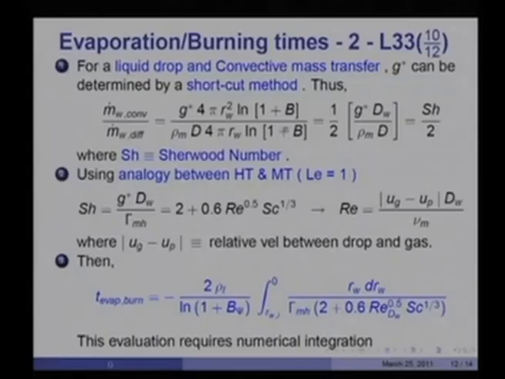Therefore, cancelling the terms, you will get 1 over 2 G star d w, which is the diameter of the droplet, divided by rho m diffusivity. And this quantity,